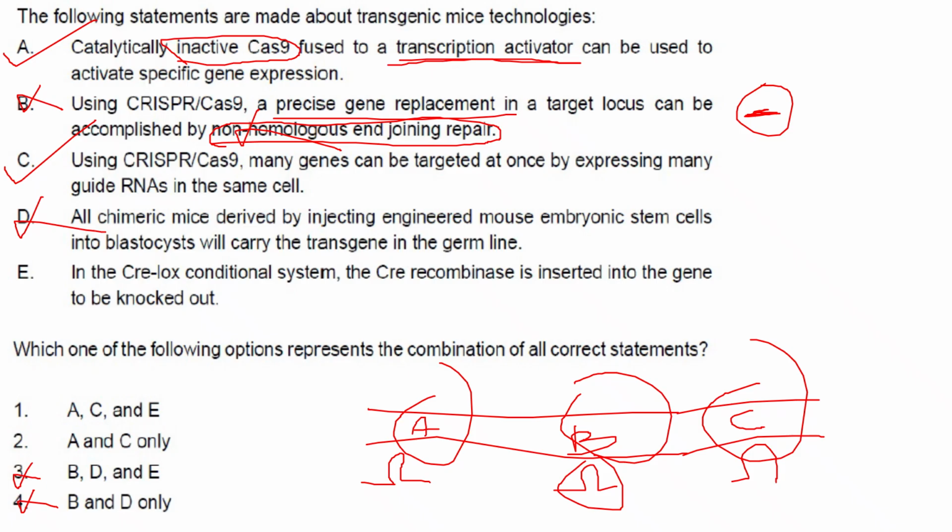From this surrogate mother, she should give birth to chimeric mouse offsprings. Chimeric means they should have your gene of interest in them. So the surrogate mother should give birth to chimeric mouse offsprings. What they are telling is, all chimeric mice derived by injecting engineered mouse embryonic stem cells into